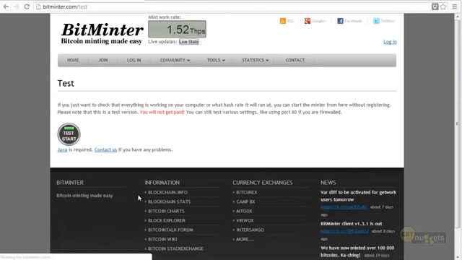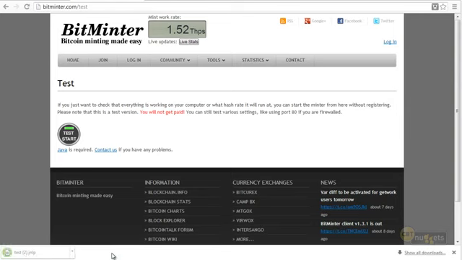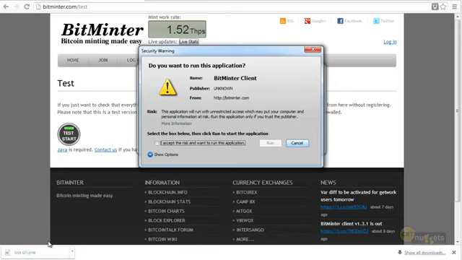Now this test page, there's a warning that says you're not getting paid for this. You're just testing it out to see what it looks like. So I'm going to click on this test start, and it downloaded this little JNLP file, and my browser is saying, hey, you sure you want to keep this? I'm going to say yes, I'm doing a demo. I want to keep it. I'm going to go ahead and launch it. And it's not... oh, okay.